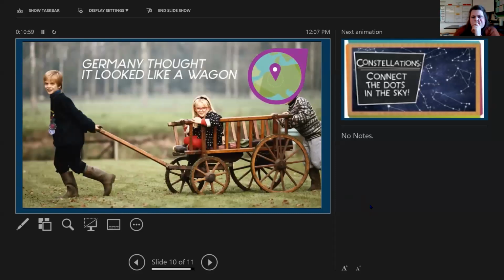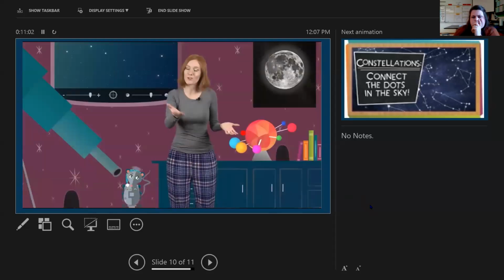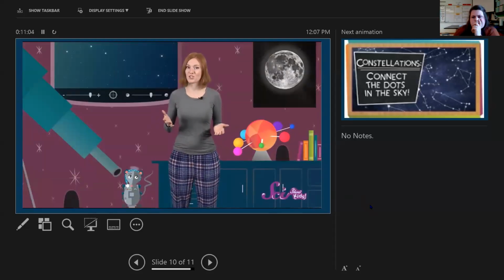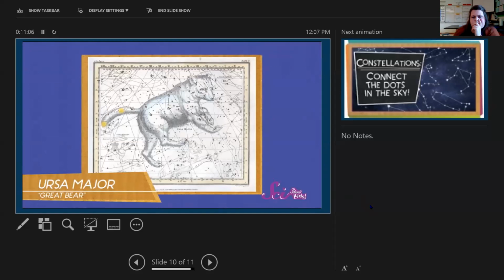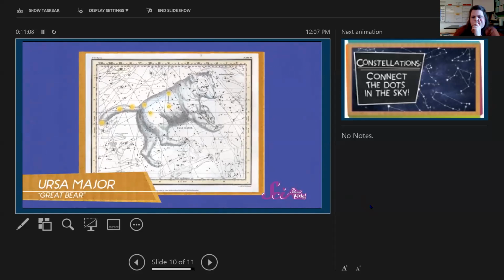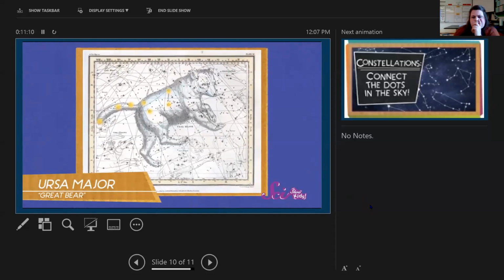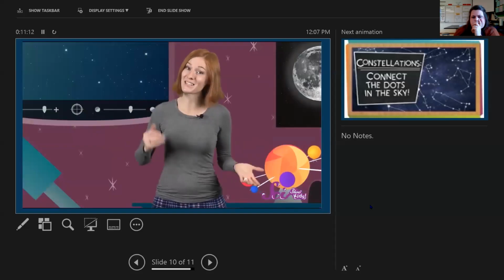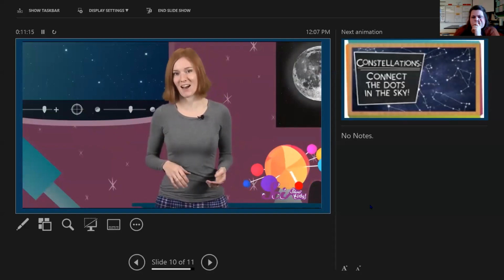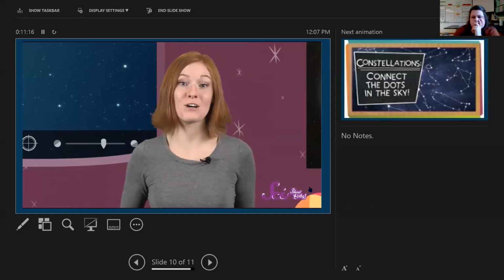And people in Germany thought it looked like a wagon. And those same stars also reminded lots of ancient people of a giant bear. Scientists today consider the Big Dipper to be part of a bigger constellation that they call Ursa Major, for Great Bear. The Big Dipper is easiest to find in the summer when it's higher in the sky. But in the winter, you should look for